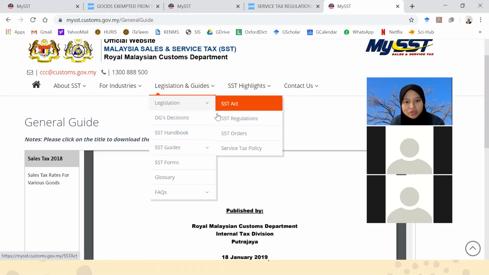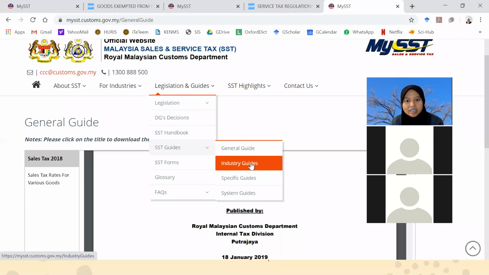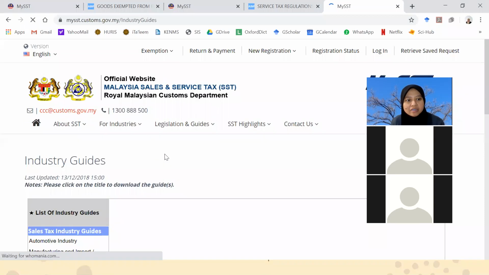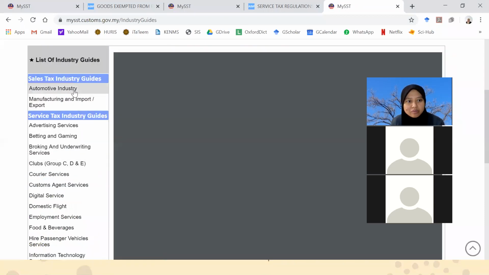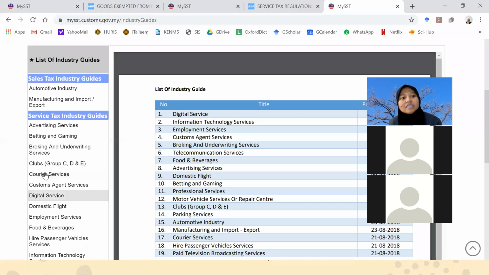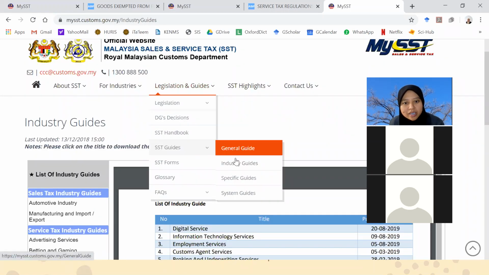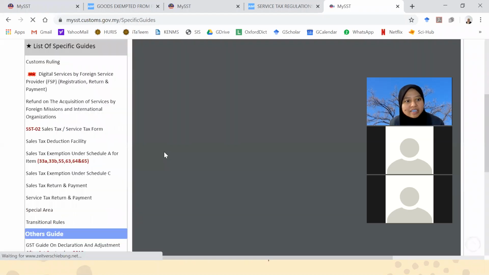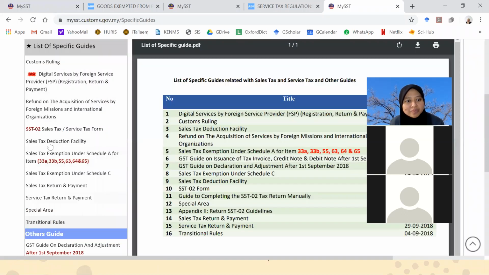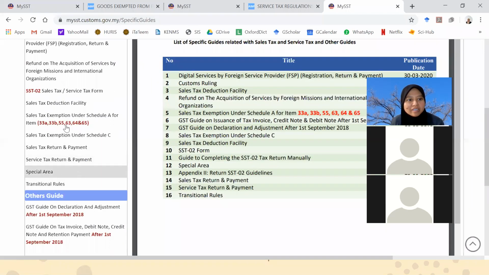And they also have, what is it? Industry guide for specific types of industry. Automotive industry, manufacturing industry, and then you have advertising, and all the types of industries that are subjected to sales tax and service tax. And they also have specific guides here on very specific items. Special area you have here, any deduction facility, refund,